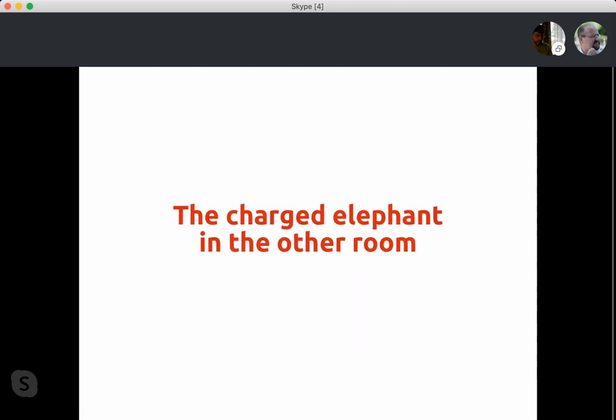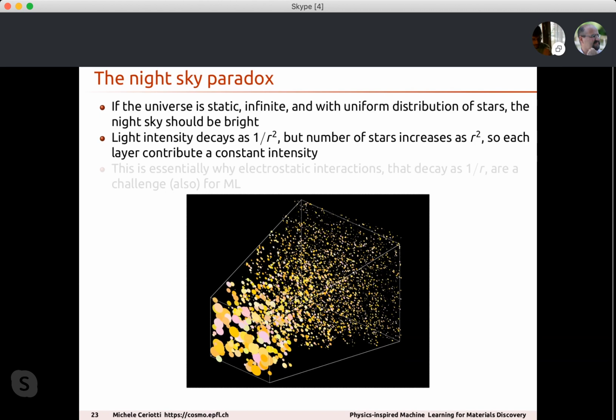Now, speaking of electrostatic potential, I want to stress what I believe to be one of the most clear shortcomings of current machine learning schemes. And this has to do with long-range interactions. If you needed to explain to your grandmother why long-range interactions are tricky, I typically use the night sky paradox, where the idea is that light intensity decays as 1 over r squared. But now imagine that you were to integrate the light intensity coming from stars that are at distance r. The volume element for the integral in spherical coordinates increases as r squared. So each shell in the integration over r will give us the total intensity that reaches us, and the night sky should be bright. The fact that it's not is proof that the universe is not static,